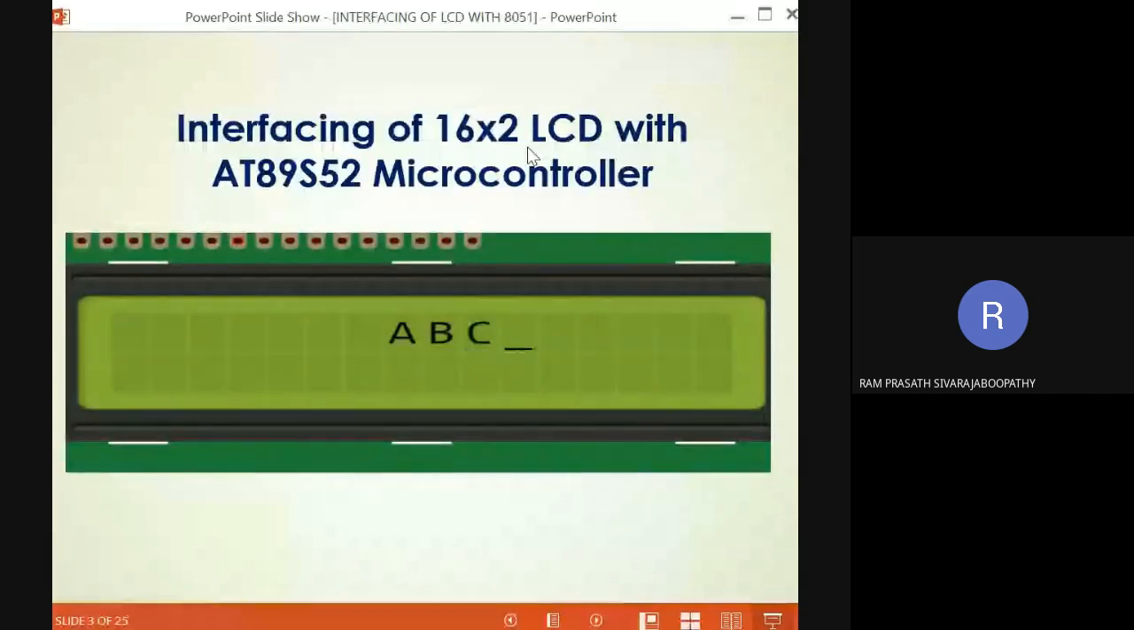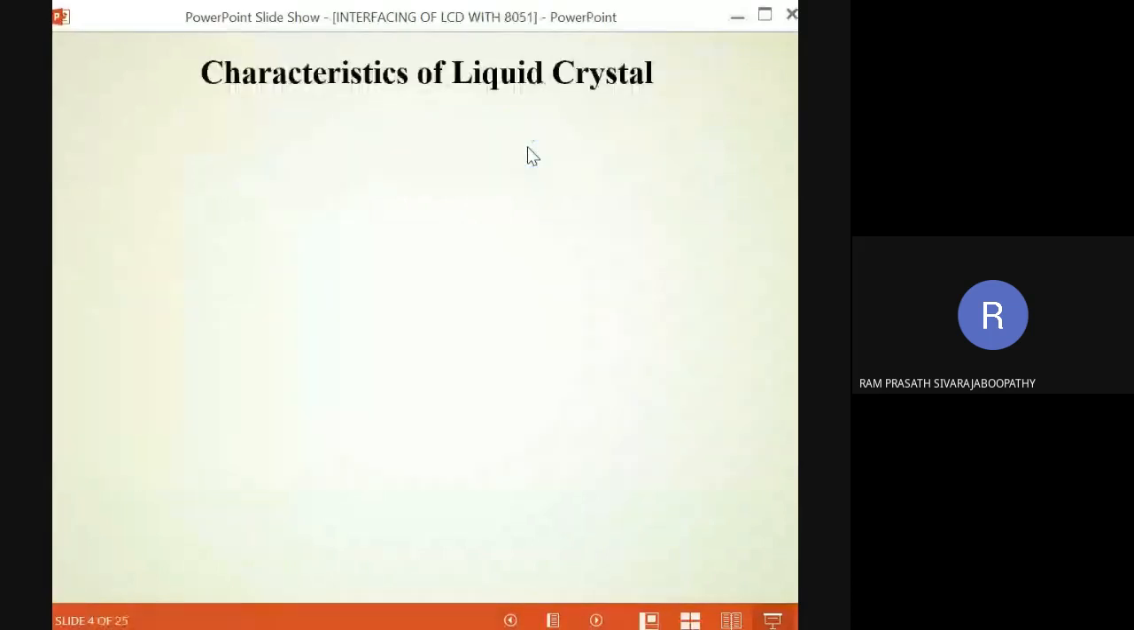Totally how many characters can we display? 32 characters. But you will have 80 bytes of memory location. Okay, at a later point of time I will tell you how it is managed. Okay, fine. The very first thing we have to know is